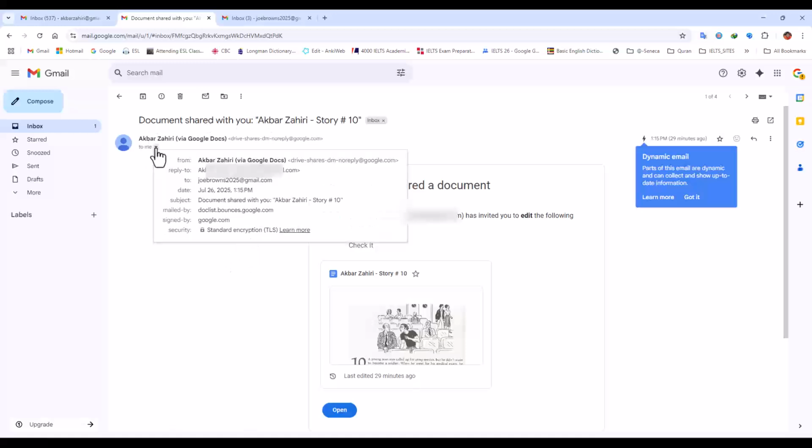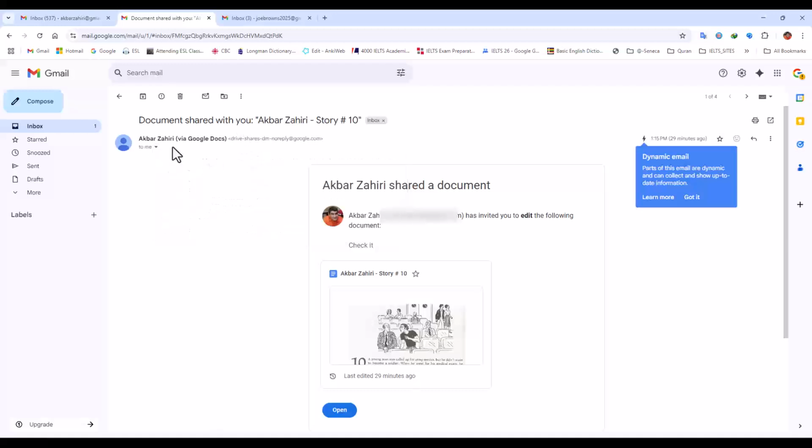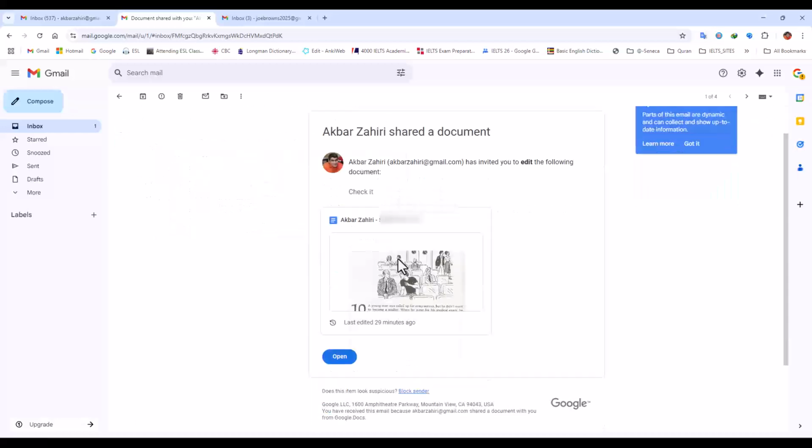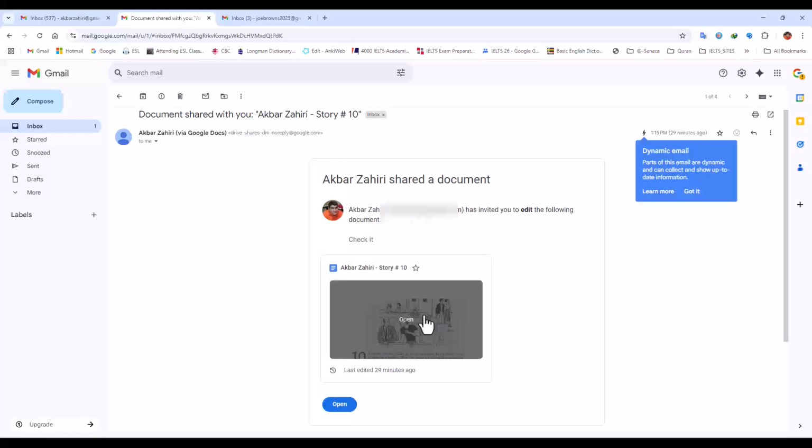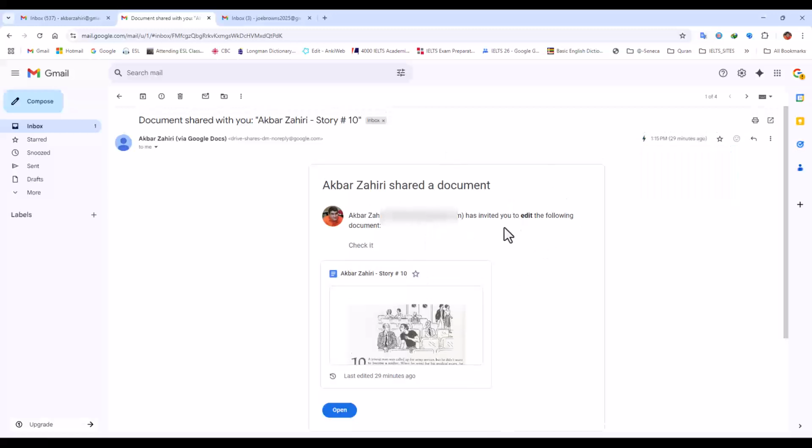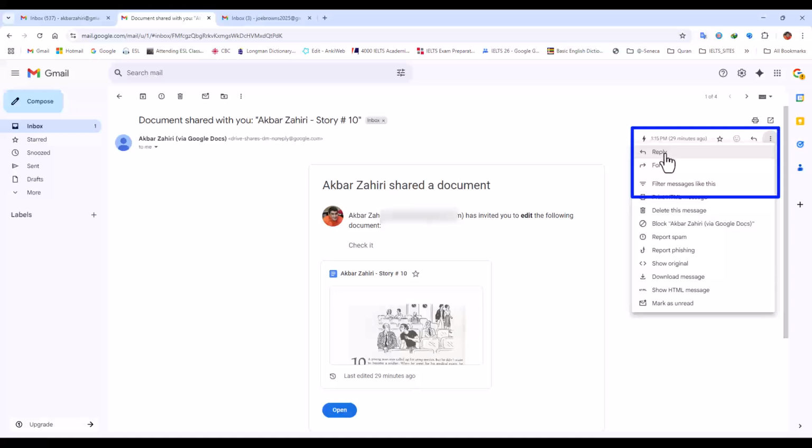So here I can see some information about who has sent me the letter, and other people if they have received this, and the date. Here I can see the file that he has sent me, and I can read it and open it. If I want to reply to him, I can go here on the right and click on this arrow. It is reply, or click on this dot and reply. If I am going to reply to lots of people, it will be reply all.